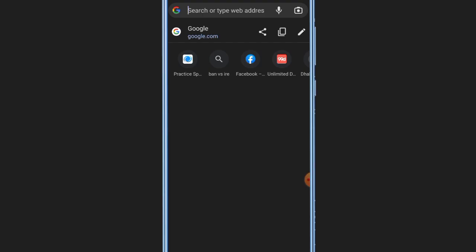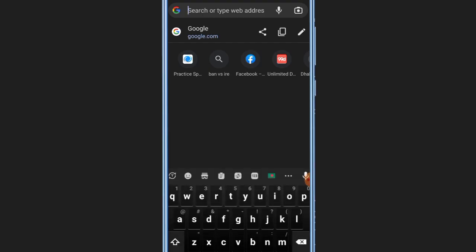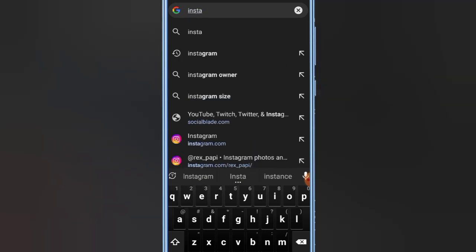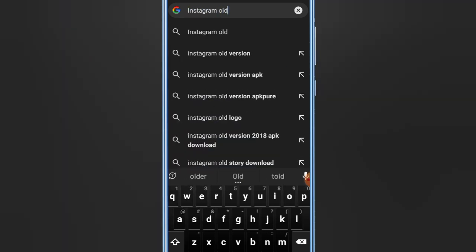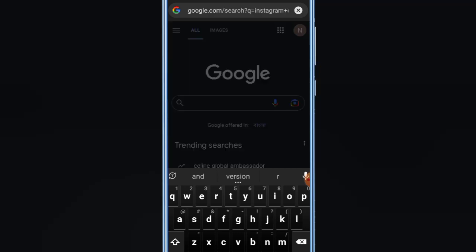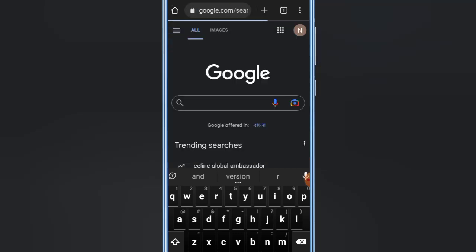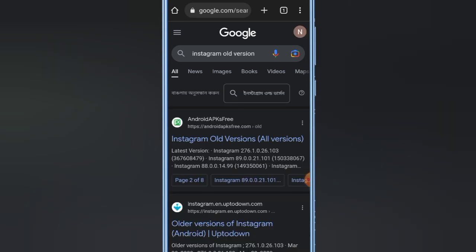So you should download Instagram old version. So when you click on Instagram old version, then you will get some website. So click the first one or second one. I'm just gonna click the first one,